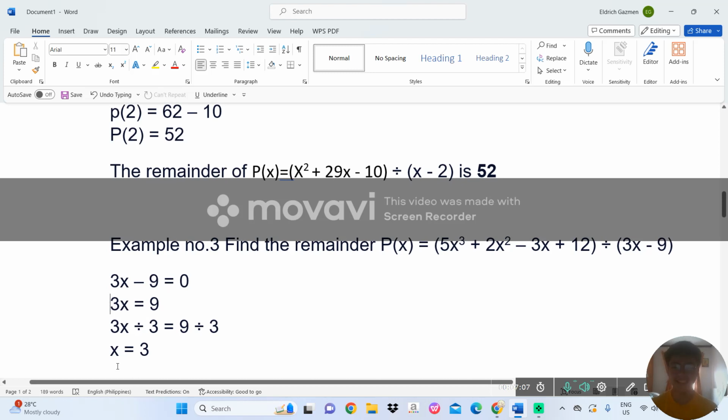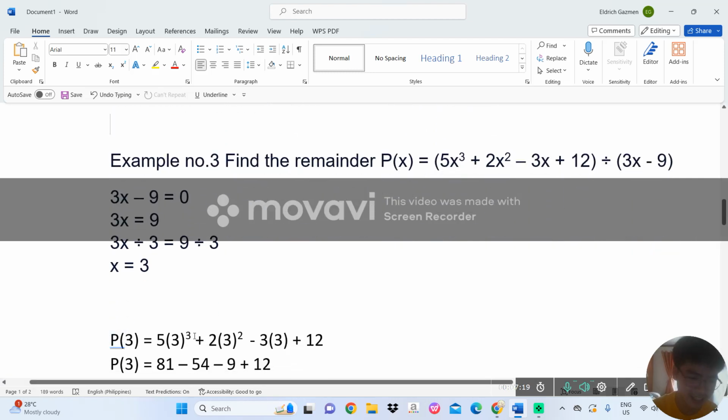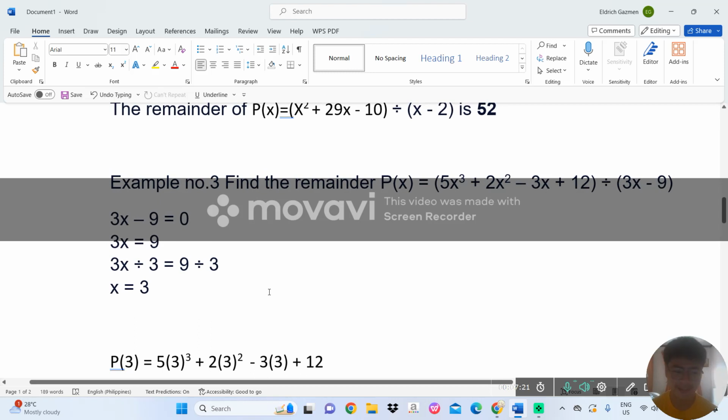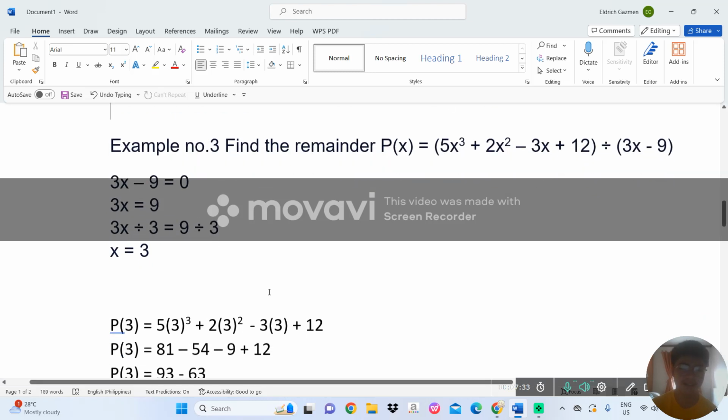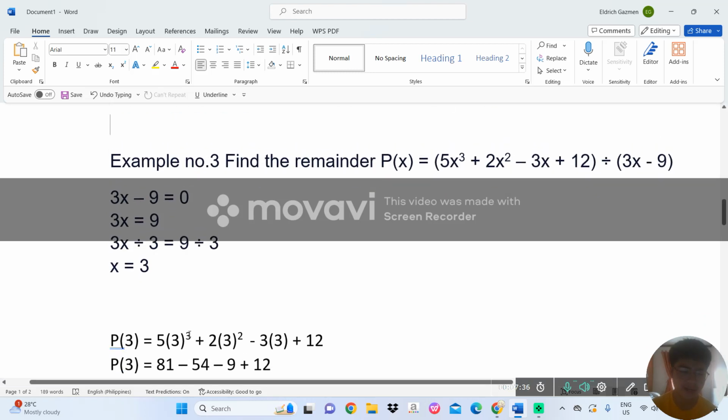After that, we replace all the x here with our new value, which is 3. So now we have 5 times 3 cubed plus 2 times 3 squared minus 3 times 3 plus 12. We follow BODMAS or PEMDAS, which is first we solve the exponents. 3 cubed is 27, and 27 times 5,